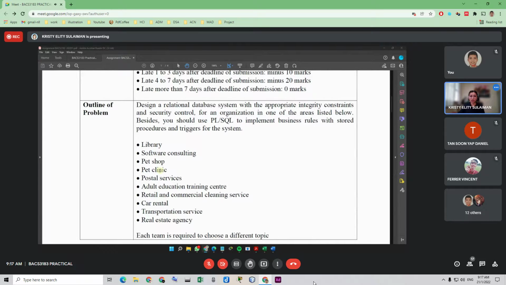Group 3 is car rental: Lim, Ivan, and Celine. Group 4 is pet shop: Daniel, Sharp, and Elvin. Group 5, library: Solomon, Russell, and Ian. Is it correct? Your grouping I already put in the assignment instruction also for me to refer.